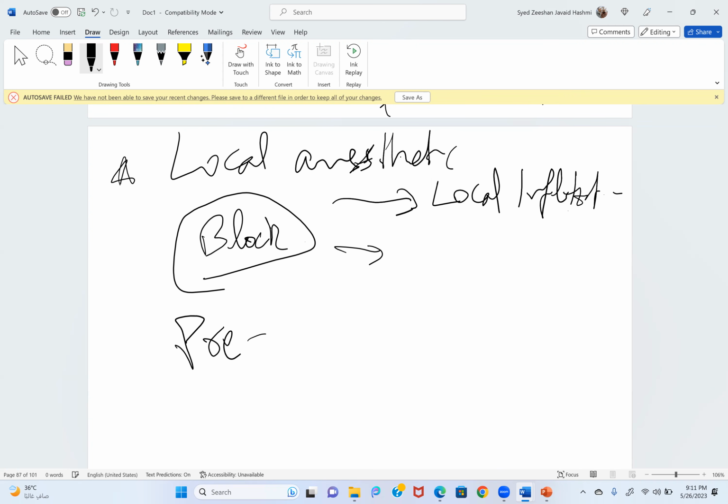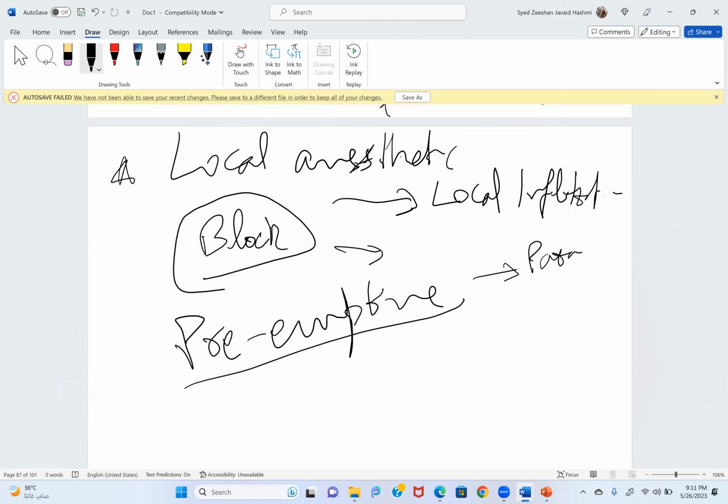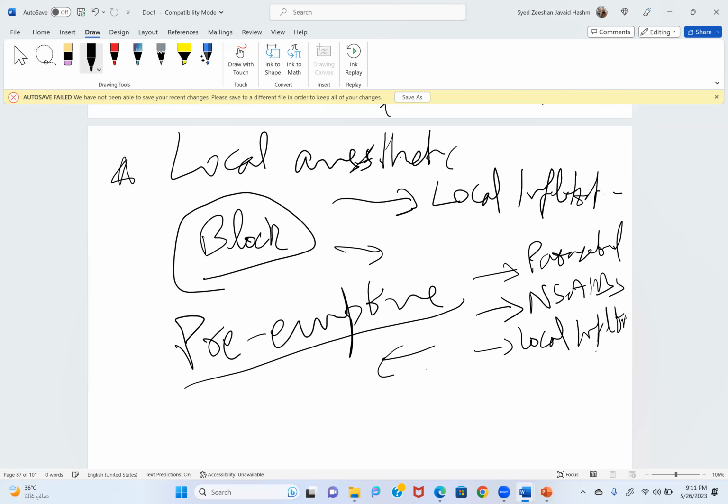So the concept is preemptive analgesia. So spread this message. Try to give paracetamol and NSAID, local infiltration, and there is one medication which can be given in oral form as well, maybe 1 hour, 2 hours before surgery, so that the response has already been achieved. But still, at least you try to give it before the